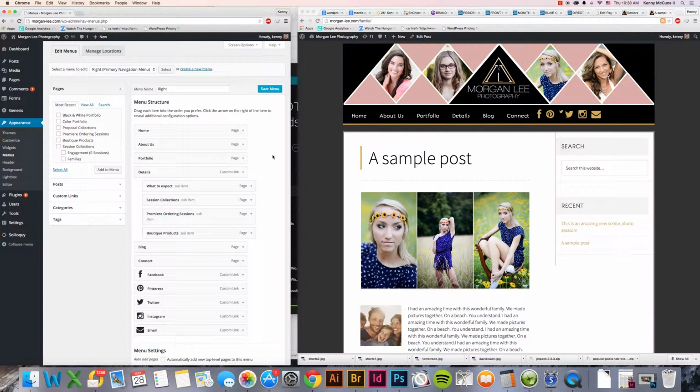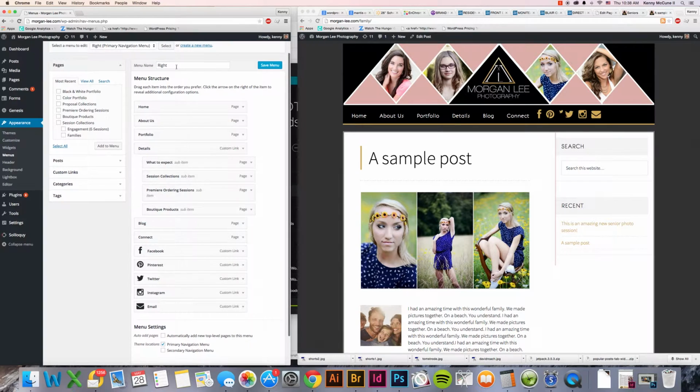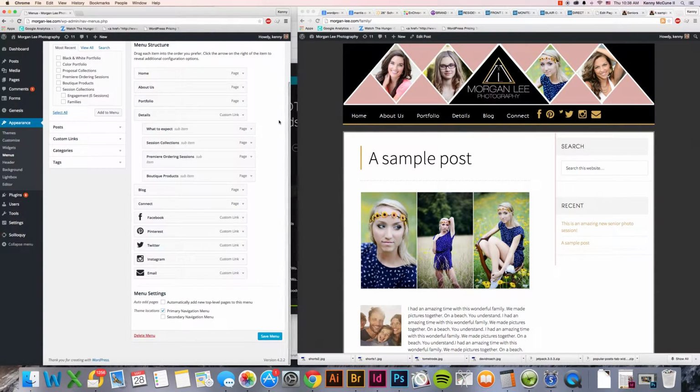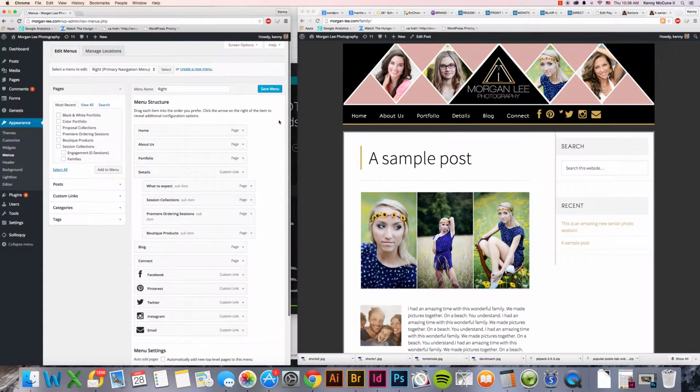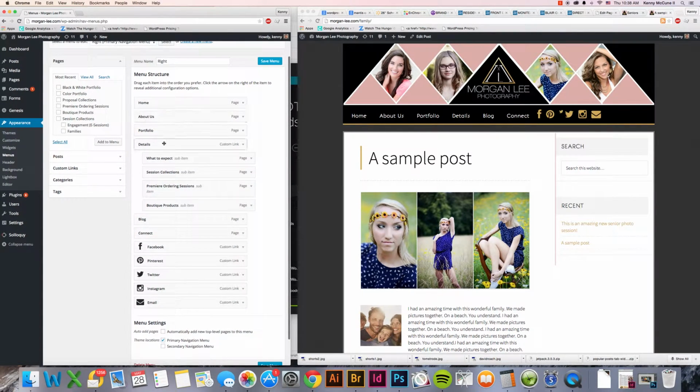These are our menus here. In this case, I guess we only have one menu on this website. A lot of times you'll have two. In this case, we only have one. And so then the menu name is right, and it's not meaningful what the name is. Once upon a time that was meaningful on a different version of this website. No longer meaningful anymore. You have your order of what's on here, and so we have home, about us, portfolio,